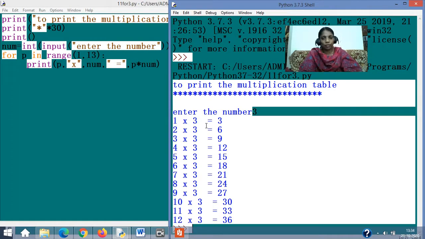I can do a lot of things with the for loop, but we will not go into a lot in this video itself. See, this is something interesting for you, isn't it? Now let's move forward. So multiplication is printed. I hope it is clear. If it is not clear, you should tell me. That way you can think about so many things.